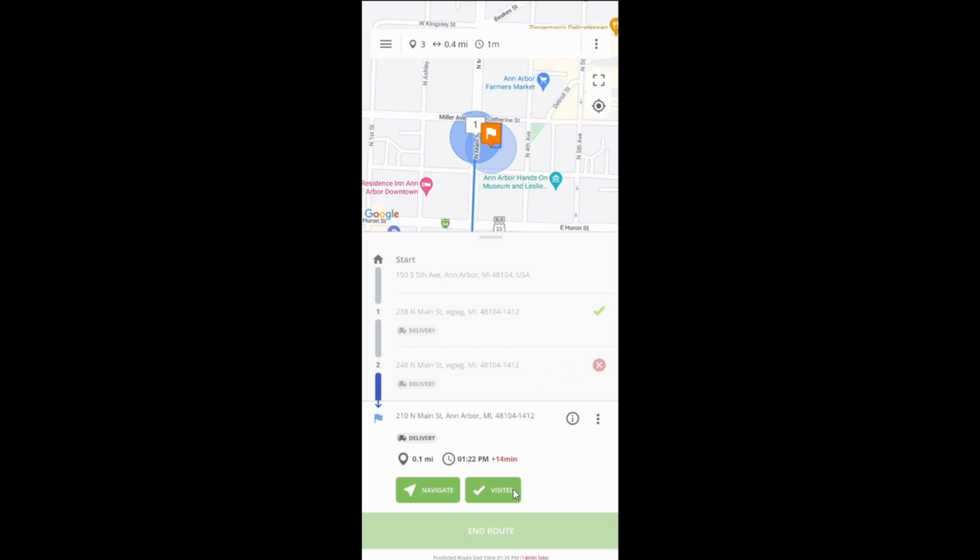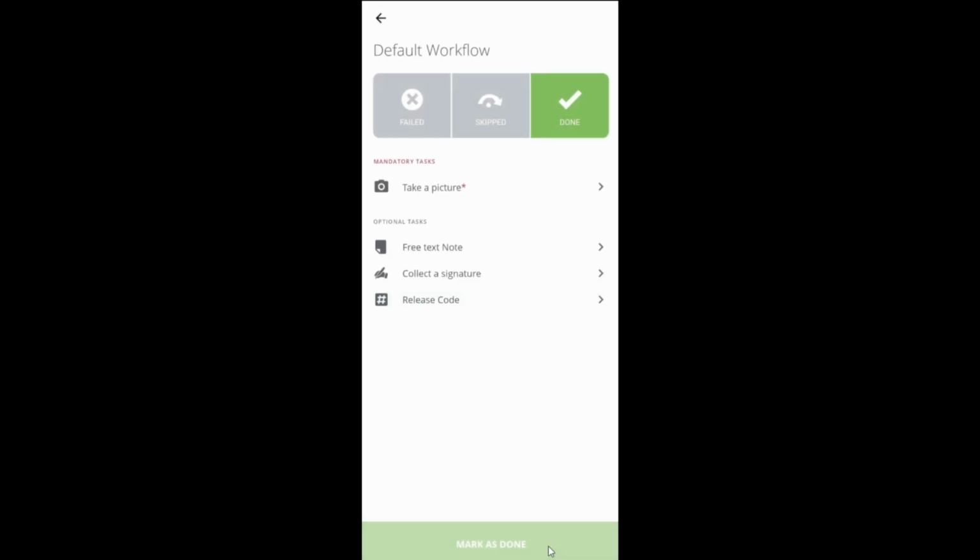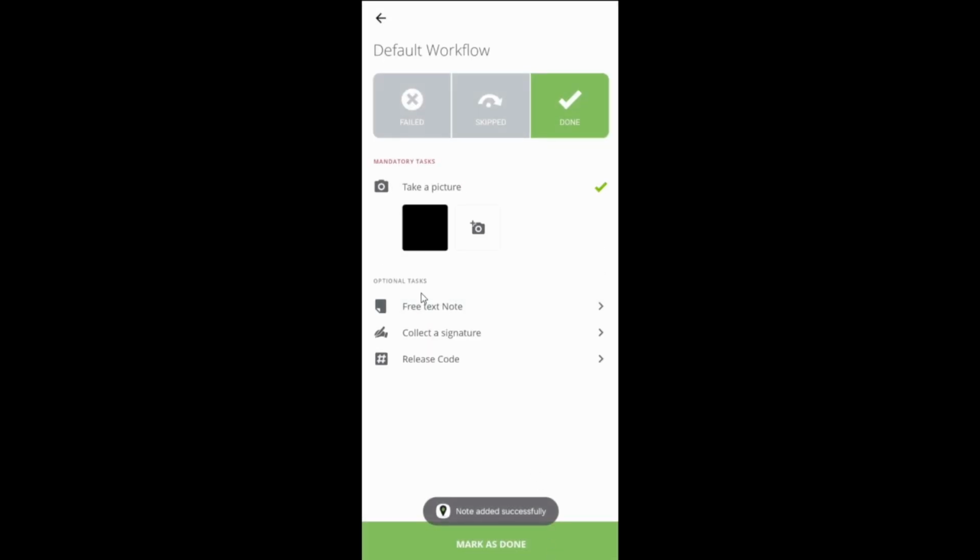For the last visit, we will mark our system as visited. We will mark the order as set status. We will take a picture. I am satisfied with my picture. I will click OK. And I will leave my optional tasks empty. Once I mark as done,